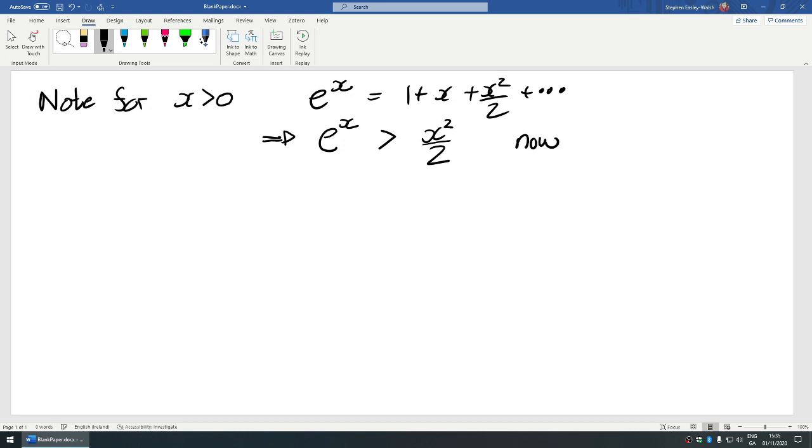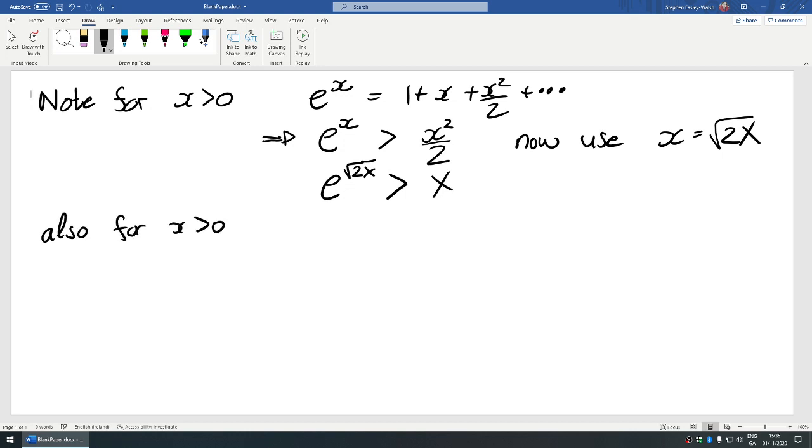now is use a substitution. Let's say x equals root 2x. So then you get e to the root 2x is bigger than, and then this will just be x then. So that's useful. That's useful. Now,